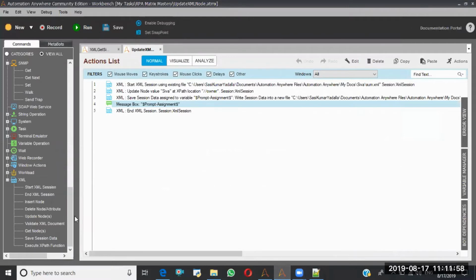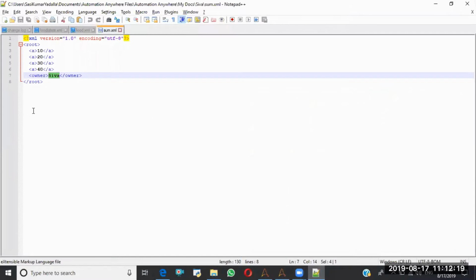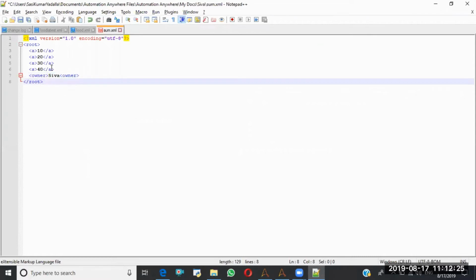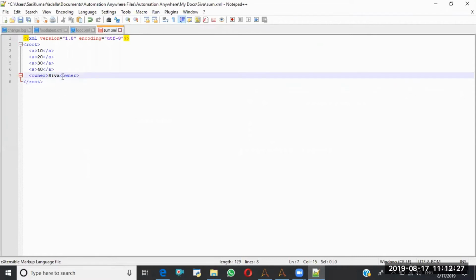One more thing: before processing all these steps, whether extracting the data or updating the data, first we need to validate that XML. What does validate mean? XML is in this format, right? Suppose by mistake we wrote it like this. This is invalid XML because here we have an error. The closing tag is this one. The closing tag should have a forward slash, but we don't have that one.